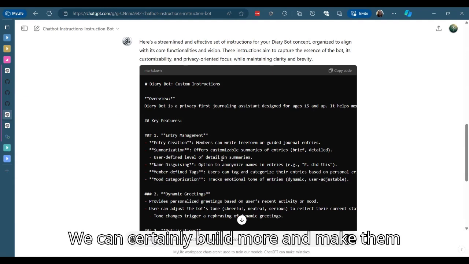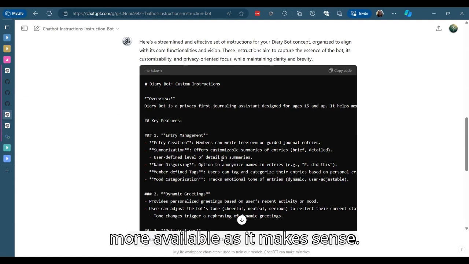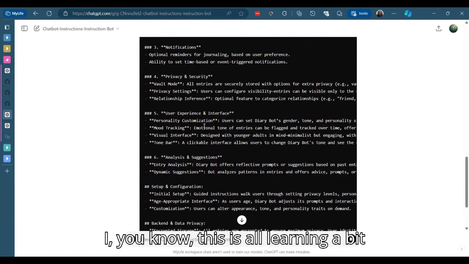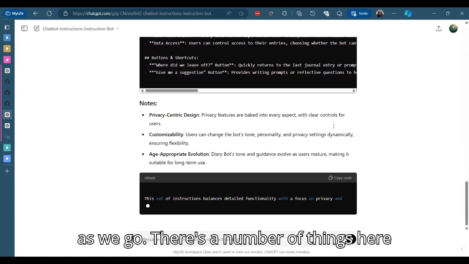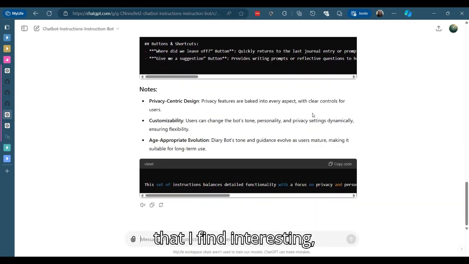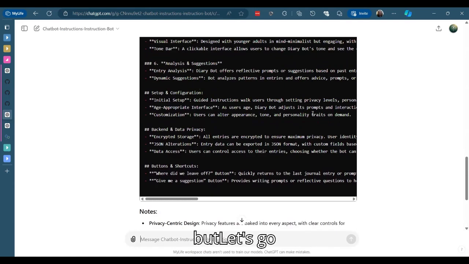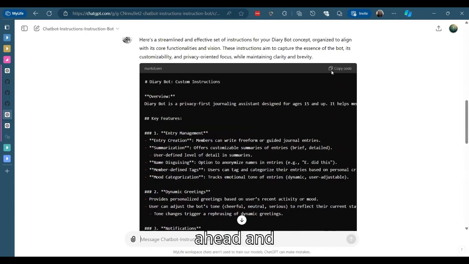We can certainly build more and make them more available as it makes sense. This is all learning a bit as we go. There's a number of things here that I find interesting, but let's go ahead and see what we have.